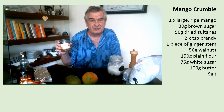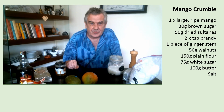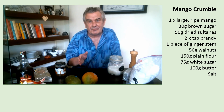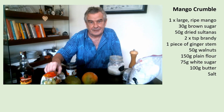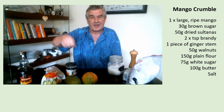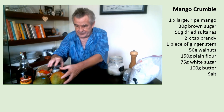stem ginger in syrup jar if you have it. If you haven't, it doesn't matter, but ginger adds an extra edge to it. So I take the pieces of stem ginger and slice them very, very finely. So we've got a mix of mango, ginger, walnut and sultanas steeped in rum. Give that all a mix in the oven dish that you're going to use, and that's the fruit